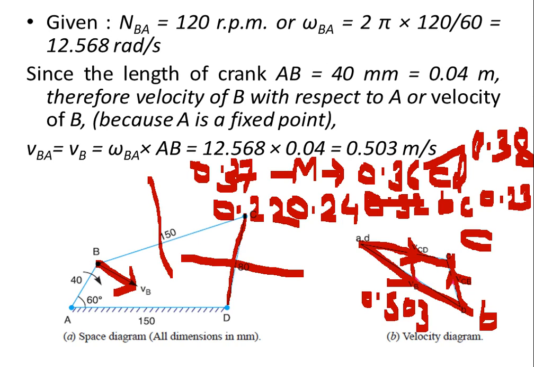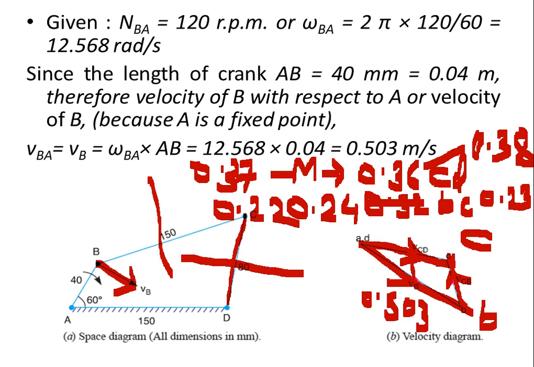In the space diagram, first you need to construct the mechanism. In the velocity diagram, you are taking only the velocity values of those links. As AD is completely fixed, A and D will be a common point. The remaining three lines will form a triangle that you need to plot. Since the speed of point B is already given, you can find out the velocity for AB.